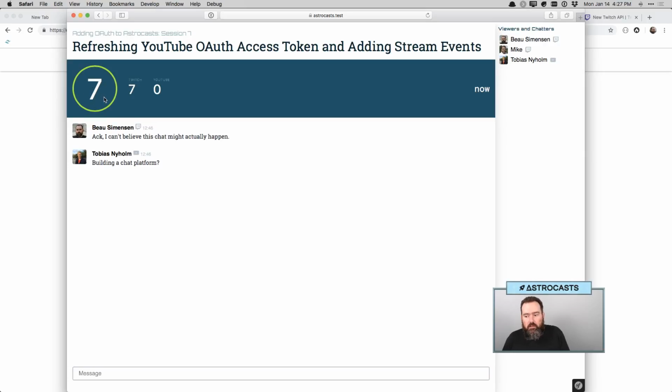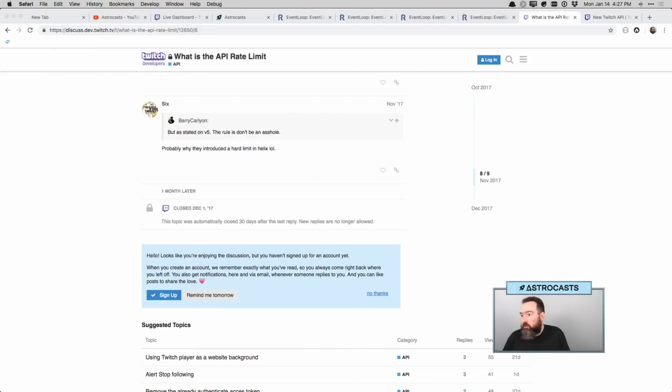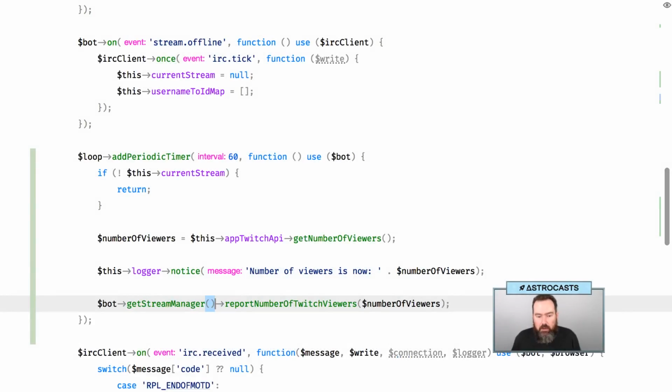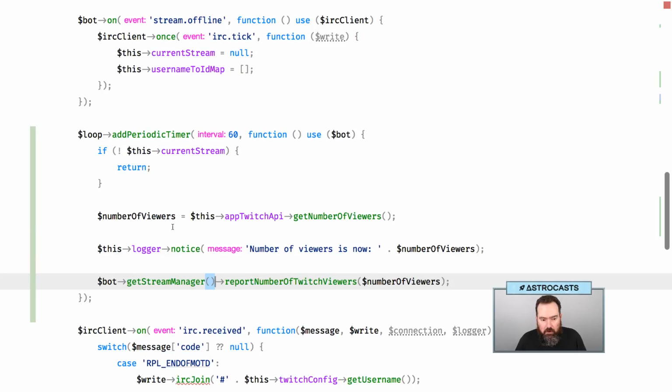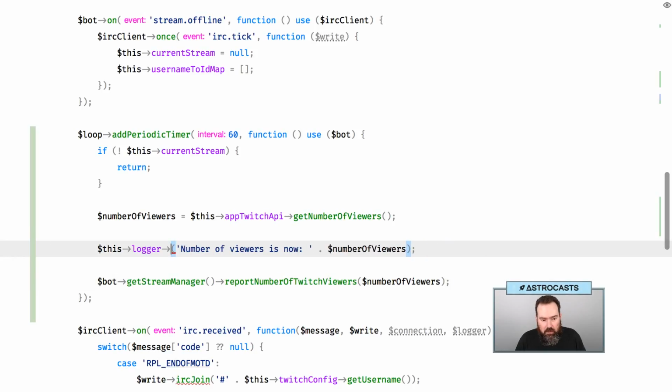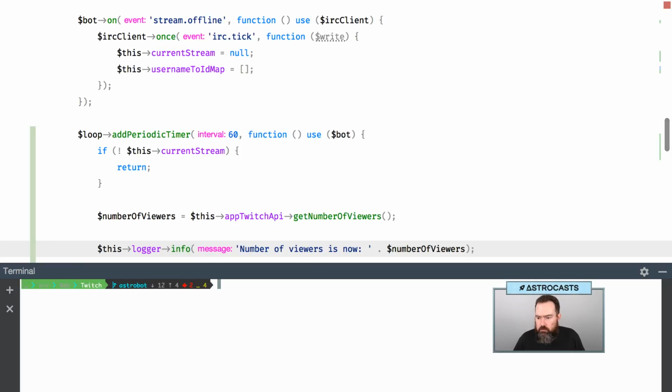Don't remember how quickly this is, oh, there we go. So super quickly. So this is going to be a lot nicer than it was before because my actual live code that I'm looking at right now still says 6. And it probably will even long into the future. So it looks like it's working. So I'm pretty happy with that. I kind of wanted to do something a little more meaningful here, but I think this is going to just have to be the way it is for now. I'm going to remove this, maybe say info, number of,